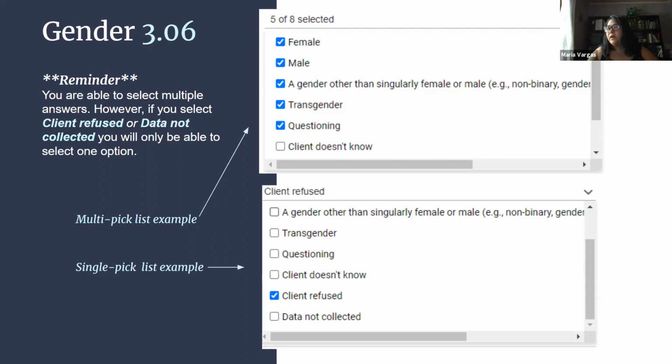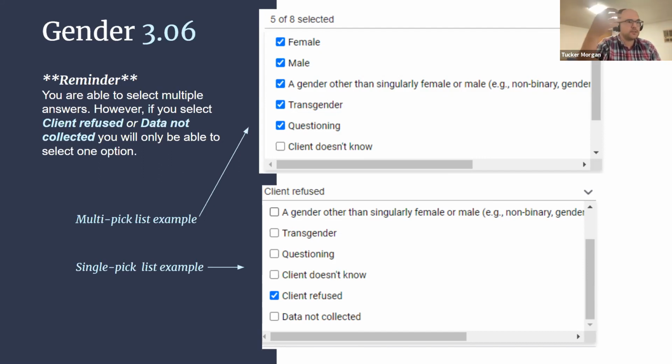One of the things that other case managers have shared is literally turning the screen and letting the client see what the options are and having them choose. That's fine. They could choose as many as they want, or if they don't identify with either, they could have the choice between choosing client doesn't know or client refused. Well, I think, Maria, in this case also, if they refused or don't know, it is considered data that's not getting collected.